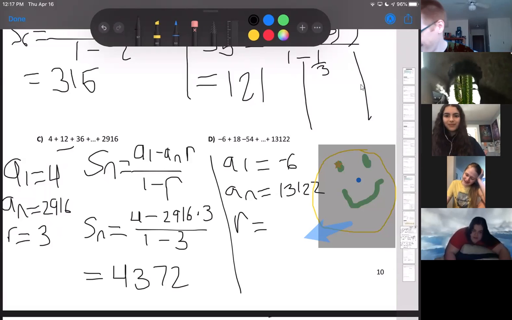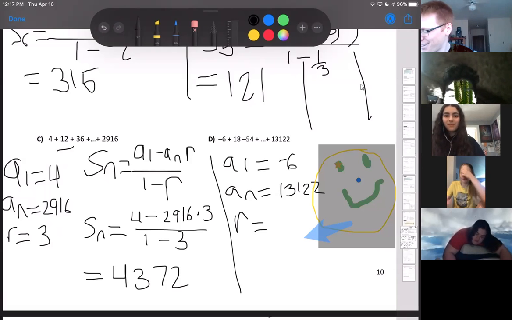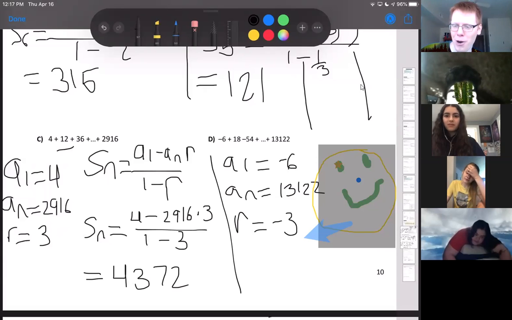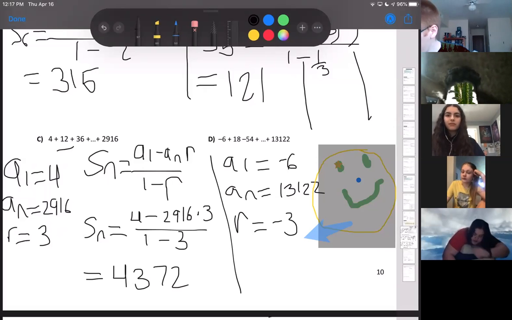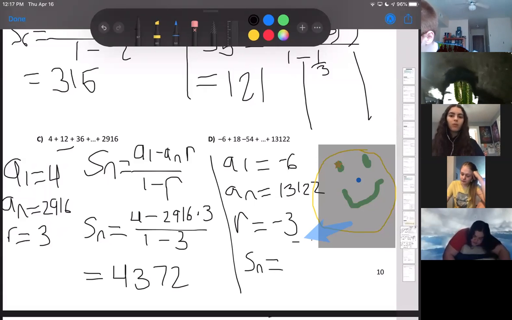Okay, what's our r in this problem? Negative 3. One thing, if you notice the signs are flipping, just know your r is going to be negative. So if it's plus, minus, you have a negative r. Just be careful about that. So then just plug it into this formula. S of n equals our first term minus our last term